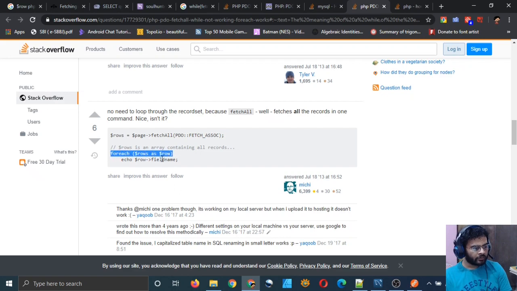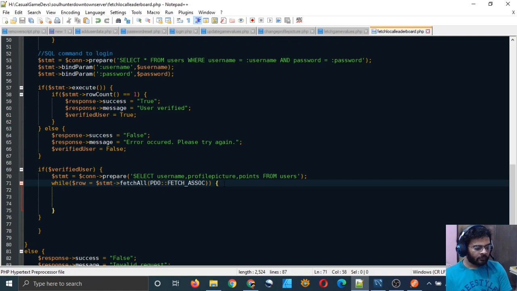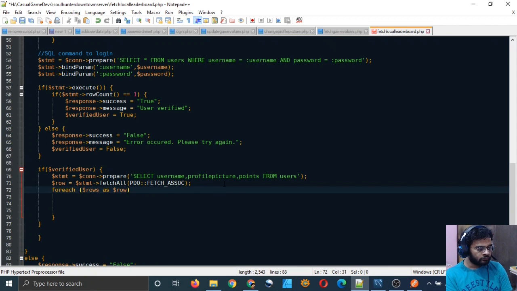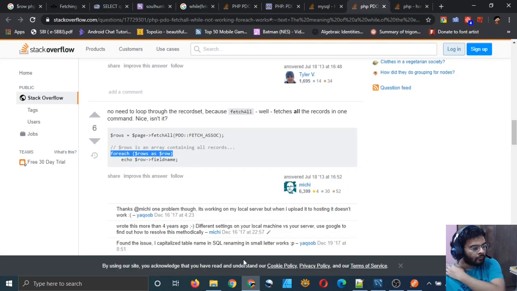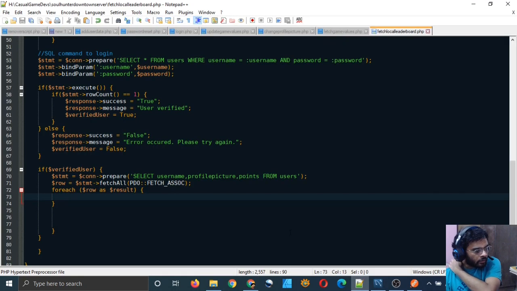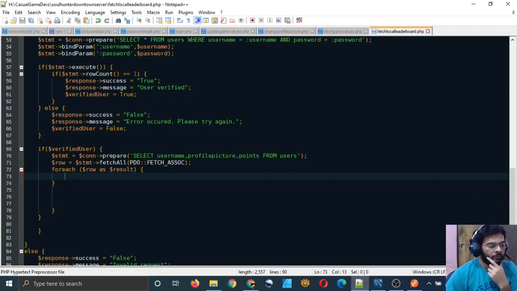I think I can use it this way, so I don't need to put while here. Okay, so I have fetched all the rows from my statement in this rows array.